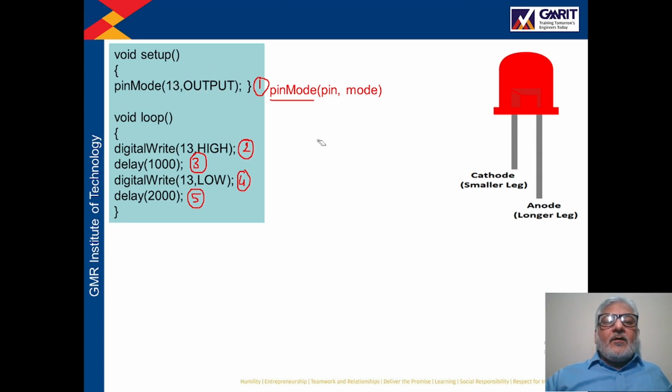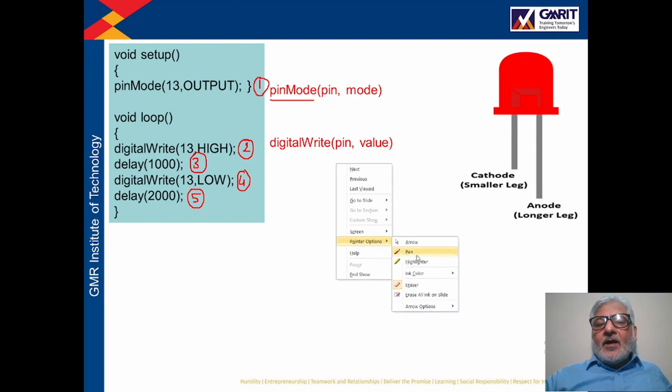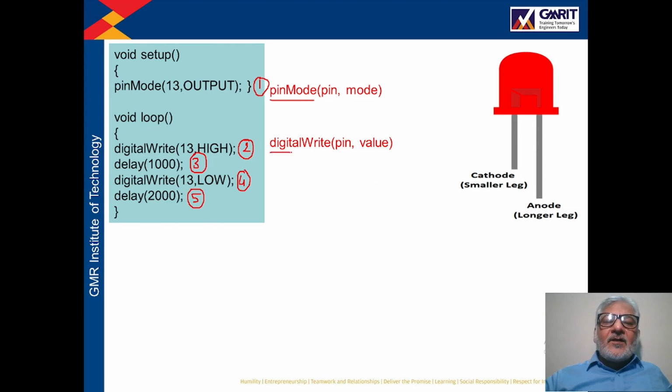Now we come to the next statement, number 2. In statement number 2, again we are using another function, digitalWrite. DigitalWrite is again a two-word name. The first word is digital, and we start this word with a small d, and the second word is write. In continuation, I have written this write with the first alphabet W as capital, right? So again, this is a function.